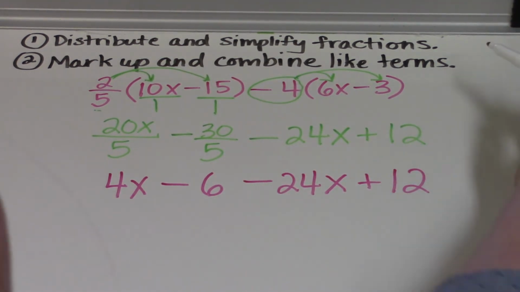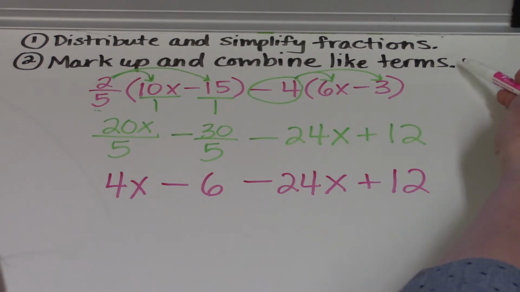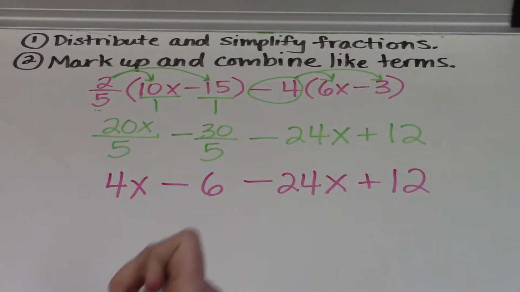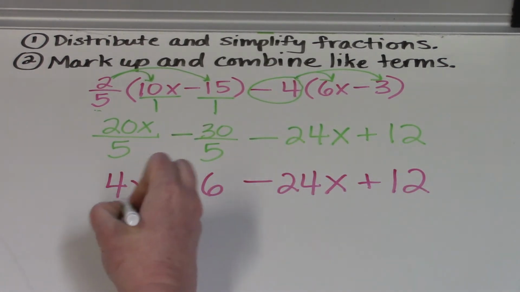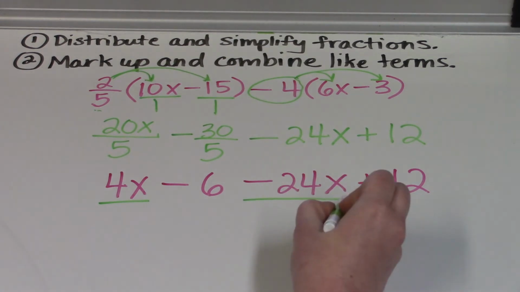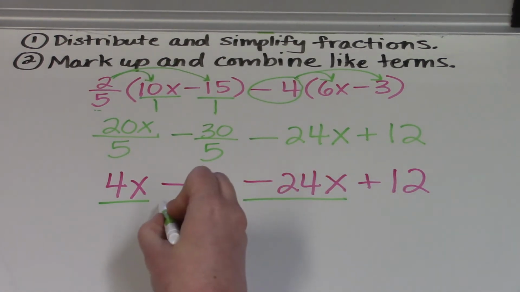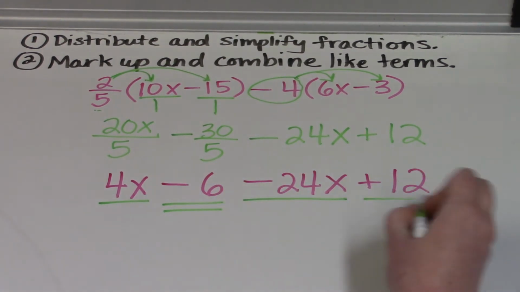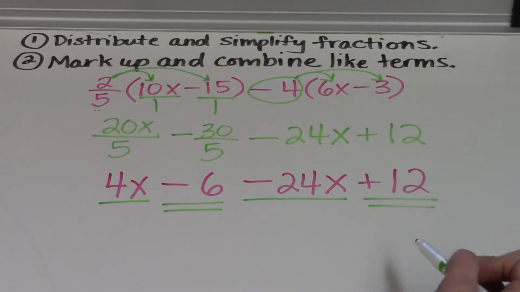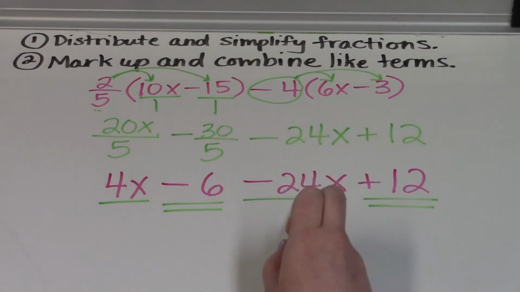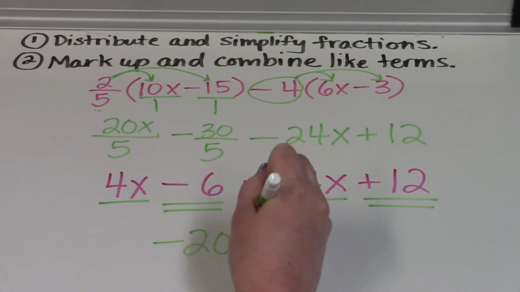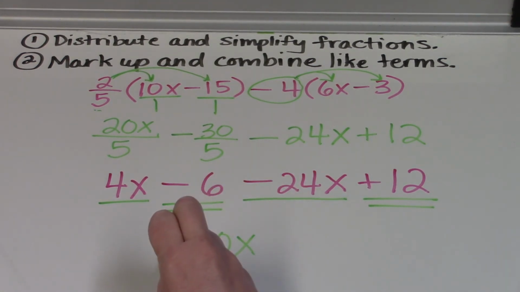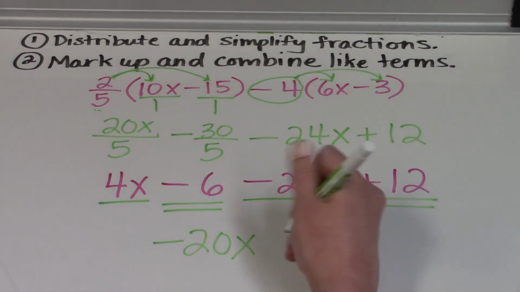At this point, we're going to move on to the second step, which says to mark up and combine any like terms that we have. If you look at the four terms that we have here, 4x and negative 24x are like terms, and negative 6 and positive 12 are like terms. So if I combine 4x minus 24x, that gives me negative 20x,